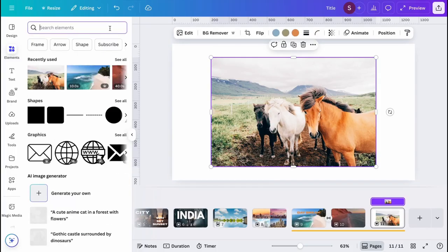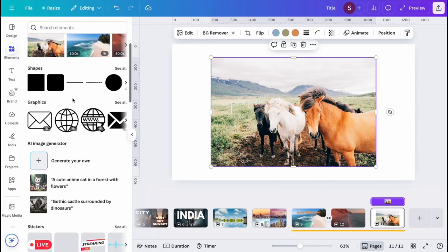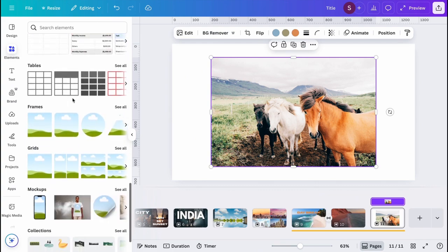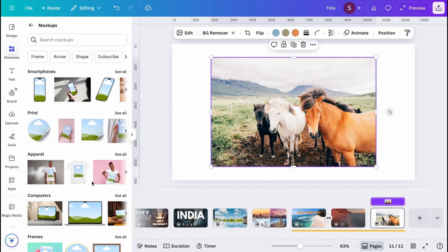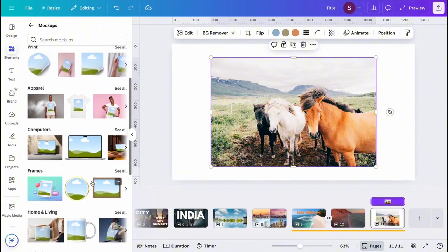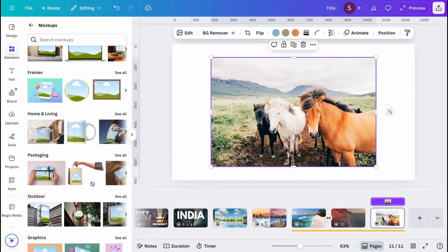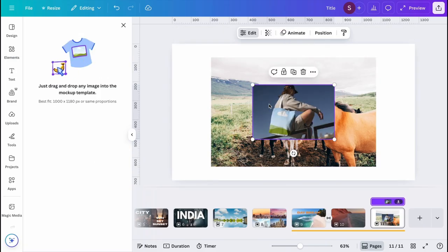Staying in elements, I'm going to come out of the search bar and scroll all the way down to where I'll see mockups. Select see all and I will choose from any one of these that I'm seeing right here. I like this one from home and living, so I'm going to select this onto the project, and then this